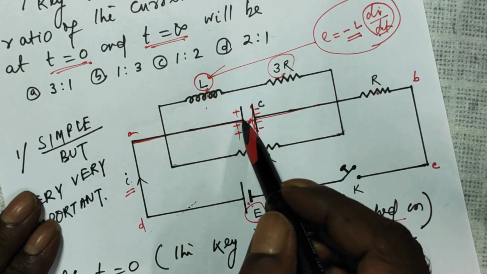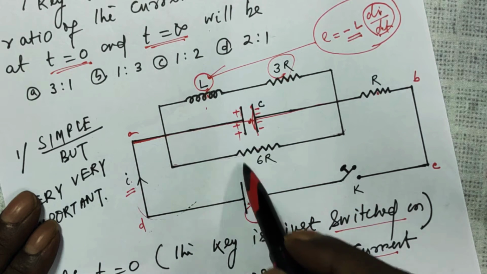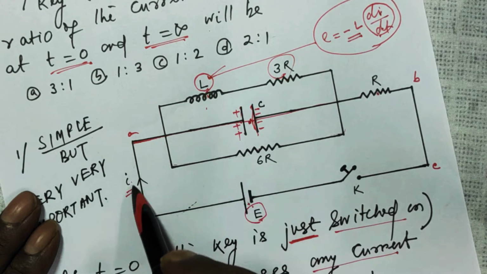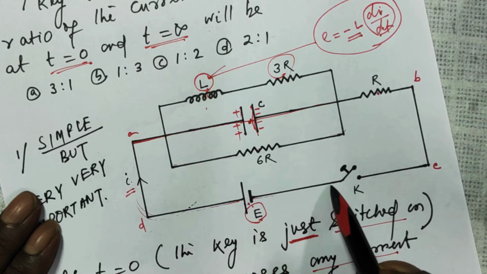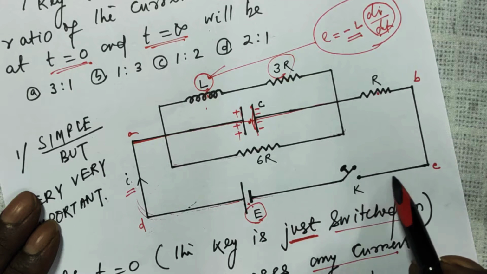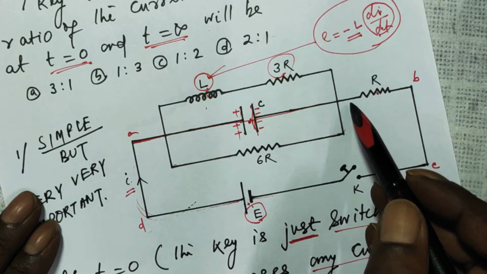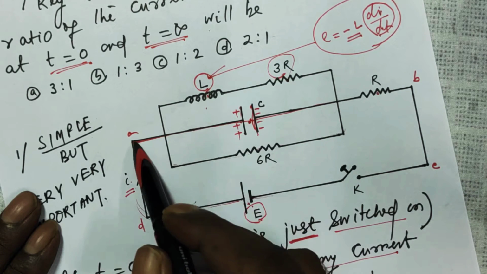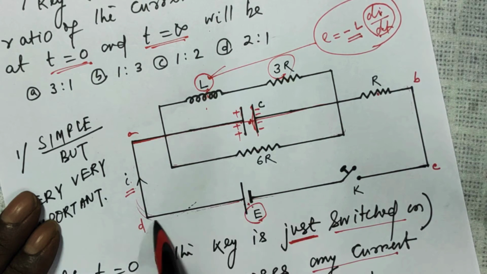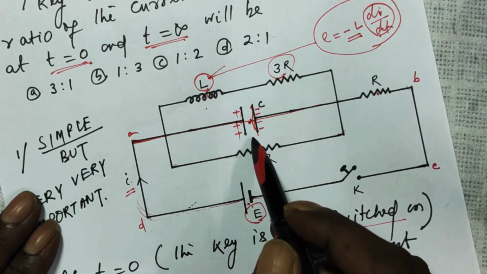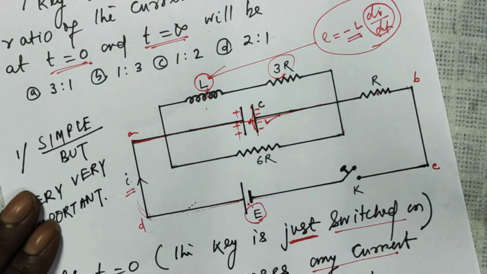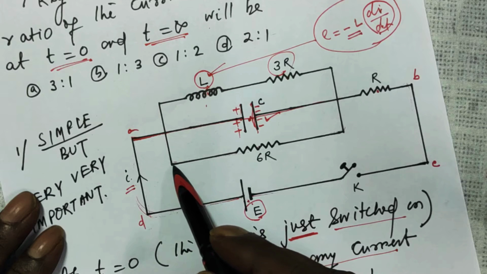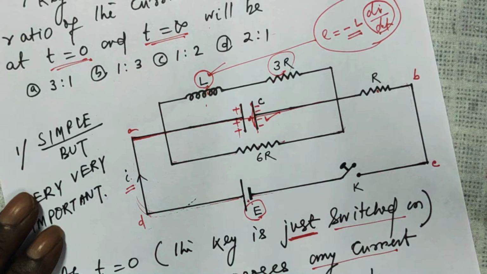Each time this draws an electron from this plate, it acquires a positive charge, and that electron is transferred through this, and the key is closed, passes through the R and is given to this plate. Only this part of the circuit is complete until the capacitor gets fully charged. So there is no current to this side.